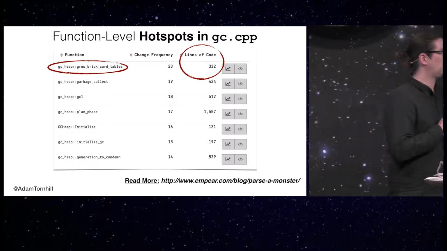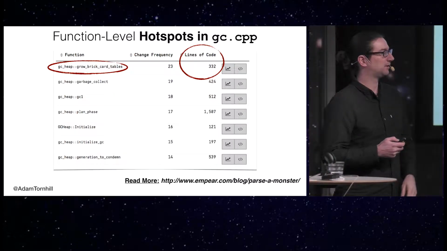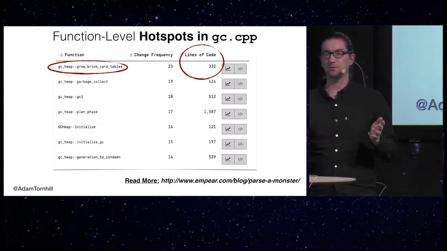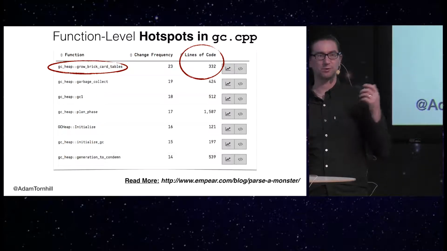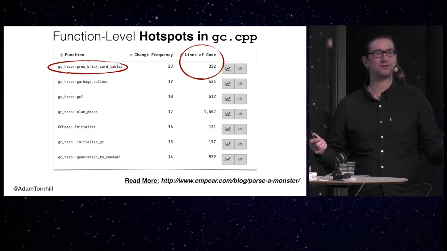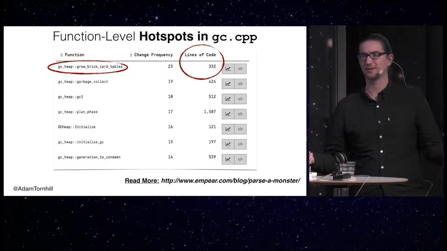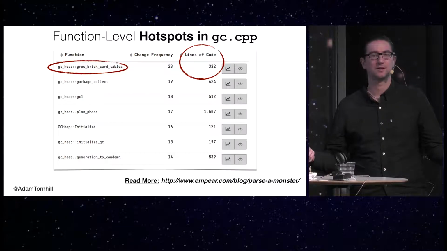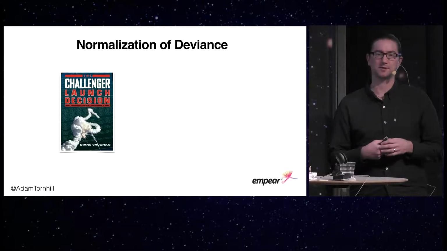So we're going to come back to the hotspots in a few minutes. But before we do that, I'd like to explore this topic in a little bit more depth. Because how can we get to 37,000 lines of code? How does that happen? Well, I think we have an explanation here.